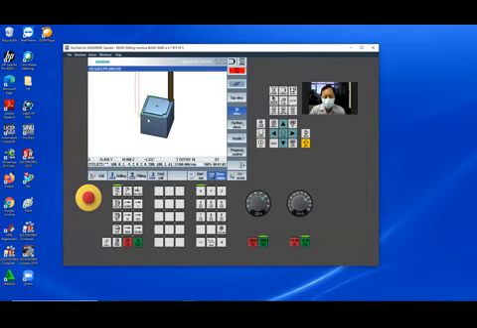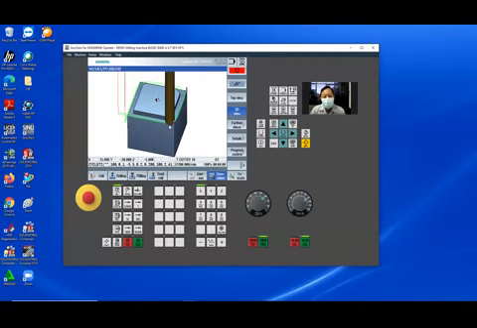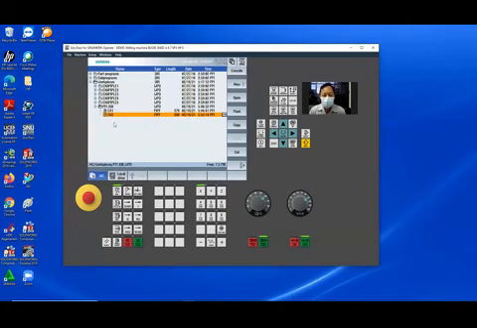You see this? Okay, finish. Now I show you how to cut the inside area, not outside. But first I show you how to copy to another program.